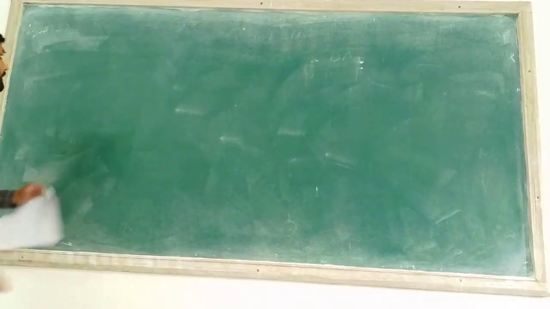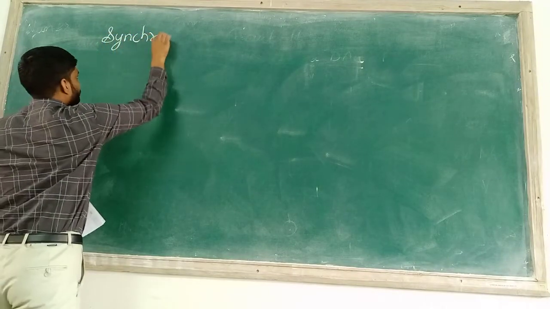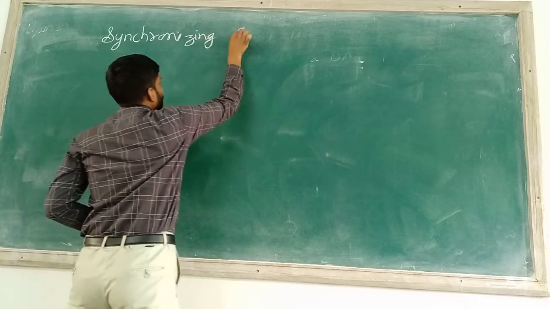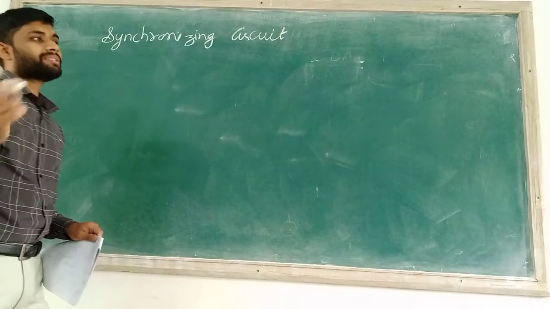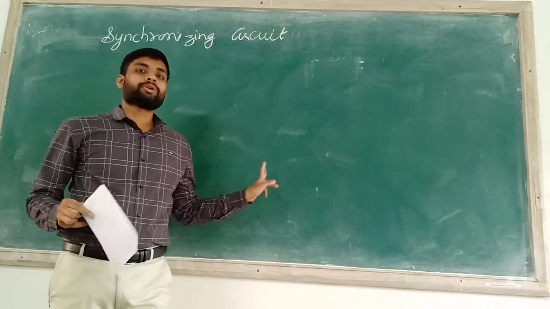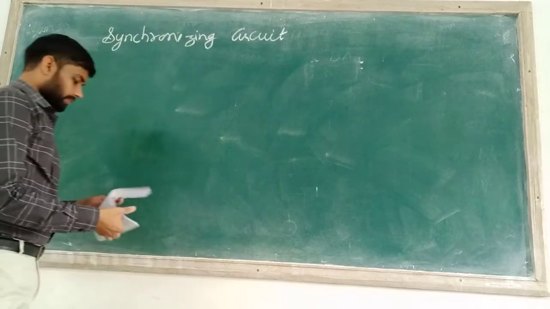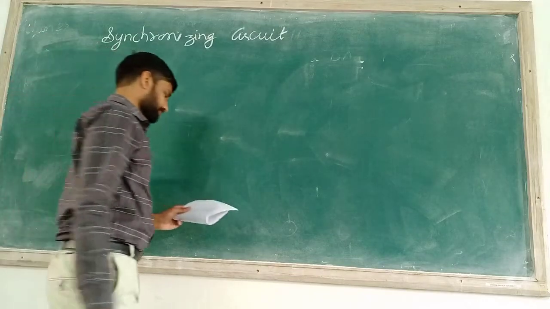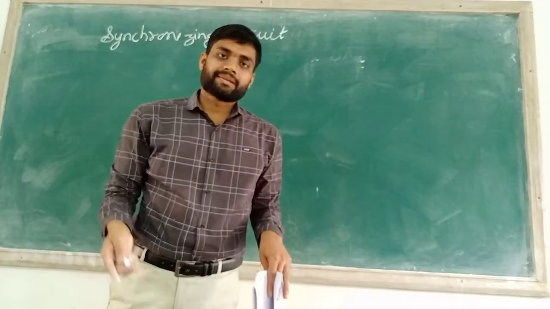Okay, so here we are going to understand this synchronizing circuit. What is happening in a synchronizing circuit? Here both the cylinders extend and retract at the same time. For understanding purposes, I am going to draw the circuits here. Just pay your attention. Synchronizing circuits again have two types: when the cylinders are in parallel and when the cylinders are in series.